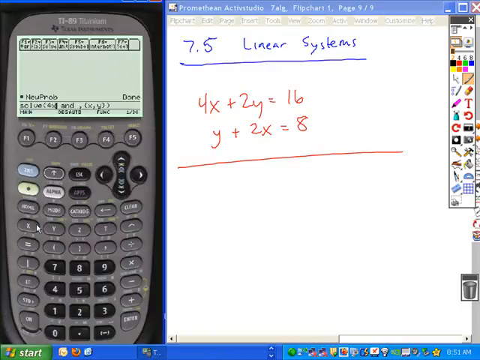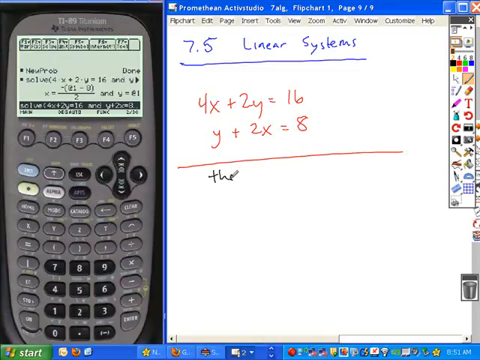So we have 4x plus 2y equals 16. And the other equation, be careful, make sure you understand sometimes the terms will switch around. So y plus 2x is equal to 8. Then you can hit solve. Okay, and you see this little @ symbol on your calculator, right? Okay, that @ symbol tells you, if you see that, what it basically means is